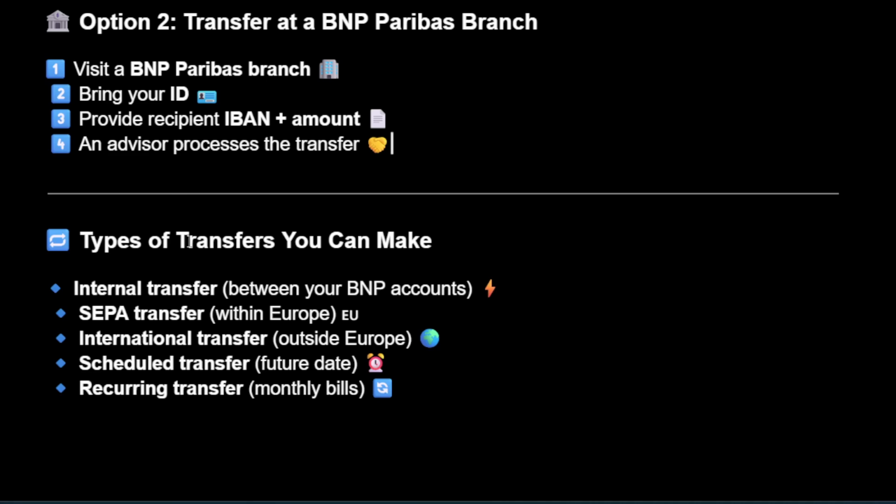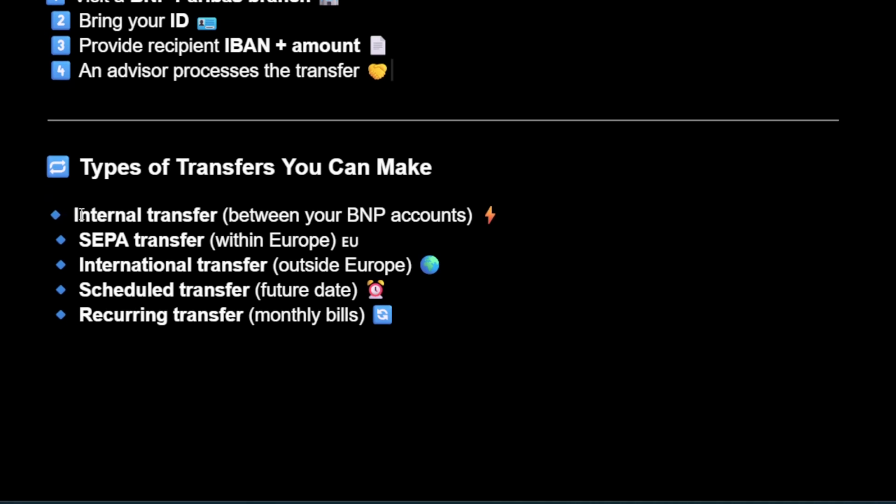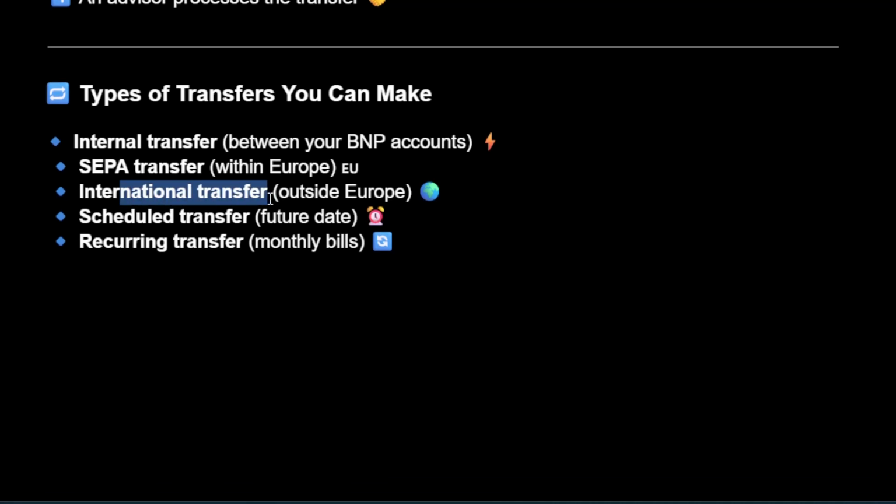Here are some of the transfers you can make. You can make an internal transfer, which is going to be between your BNP accounts. You can do a separate transfer, which is going to be within Europe, international transfer outside of Europe, scheduled transfer, which is going to be for a future date, and also recurring transfer, which is going to be for monthly